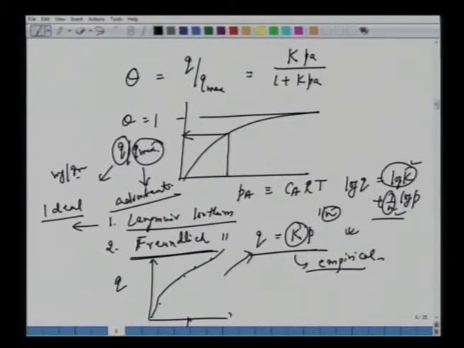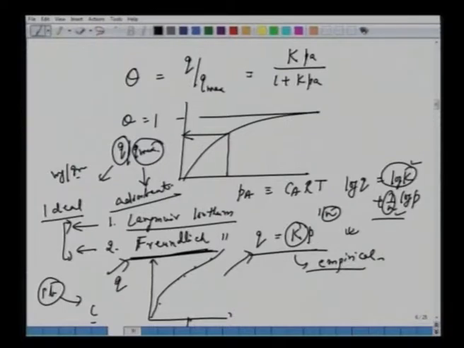Now, these are the two most common, Langmuir and Freundlich isotherms, we are going to use in our case as well. For different, say, liquid systems, certain dyes, certain colored compounds, they follow this Freundlich isotherm, or certain metal ions in aqueous systems, when you bring in contact with say charcoal, they also follow this Freundlich isotherm. So these are the two most common. We are going to follow these in this course.